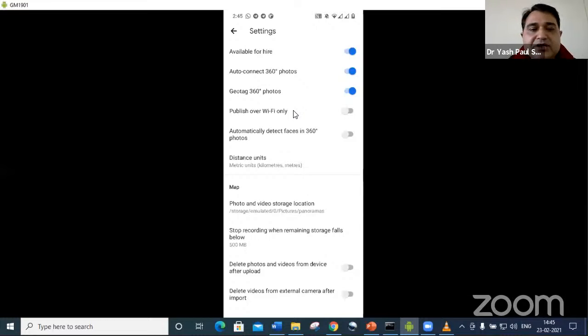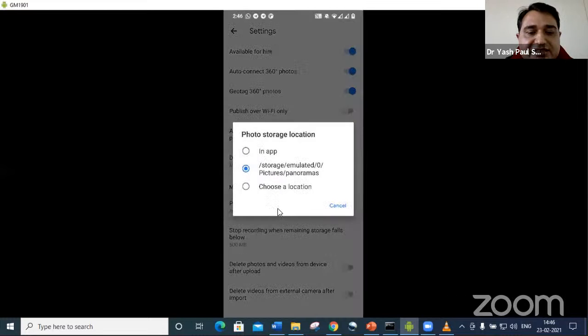Okay, so for that purpose, there is one option which says delete photos and videos from the device after upload. If by mistake or by your intention you are uploading something to Google, that's solely your choice, but keep it off. At least a copy of that photo will be available in your device. In this part, first you click on this,